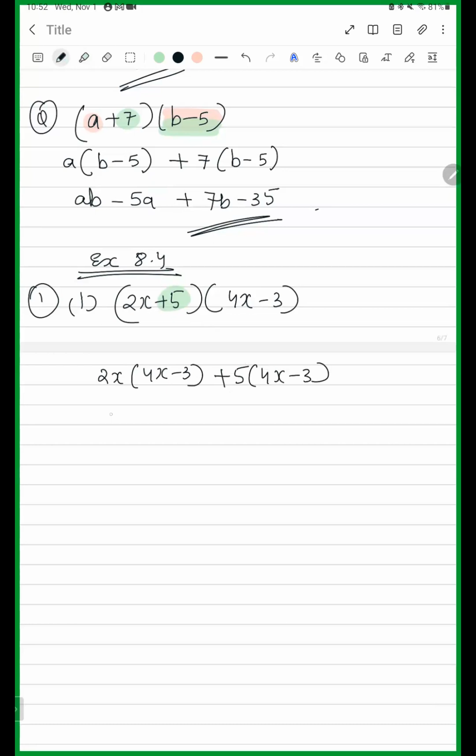Good. So then we will just open the bracket: 8x squared and minus 6